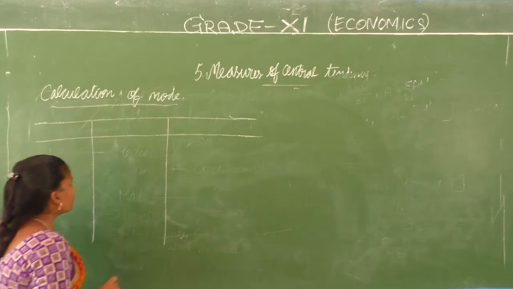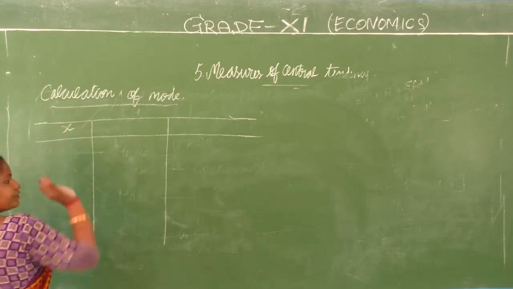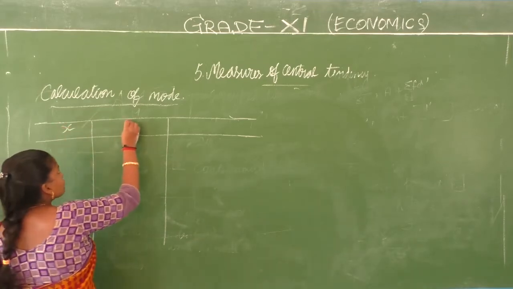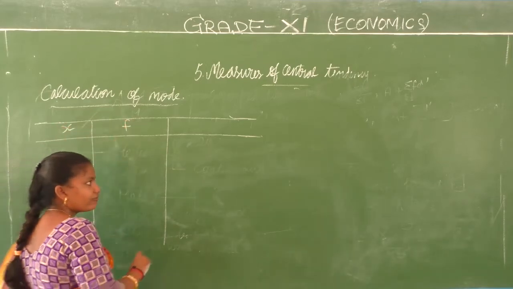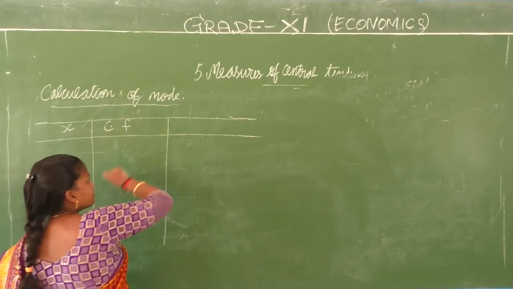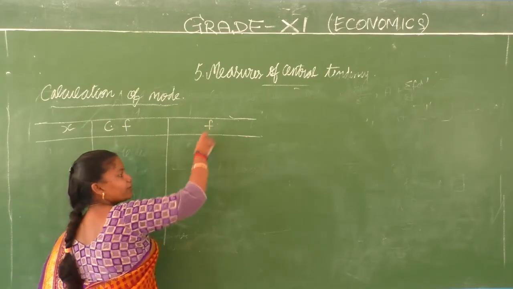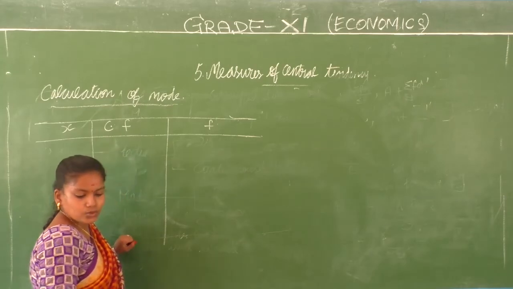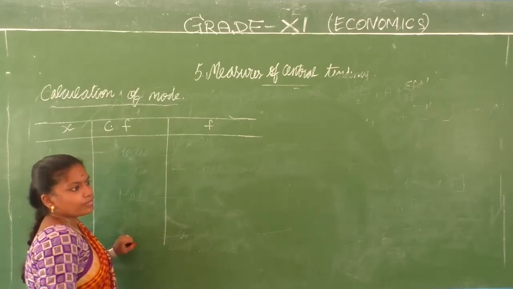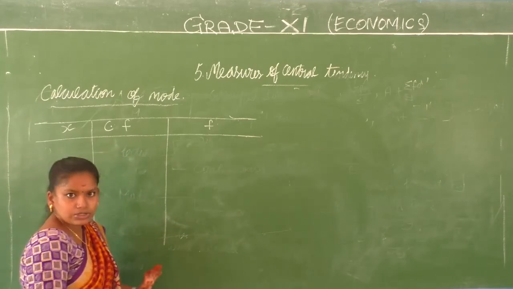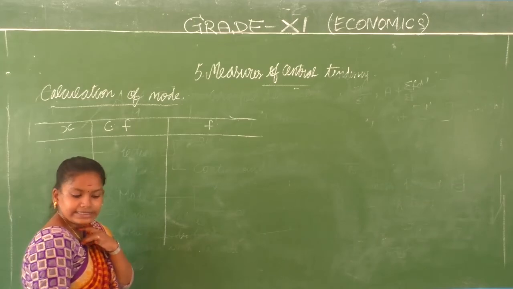So this is going to be your x. You don't need your m there. So you have your x, you have your f. Already I have given your cumulative frequency. Now you are going to have what? Your frequency for each class is what we are going to find now. So now the last value given is less than 15.